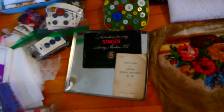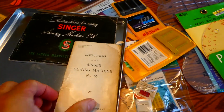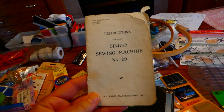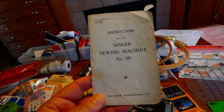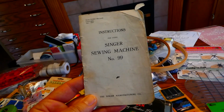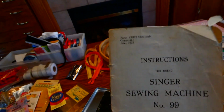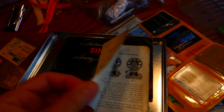And my most joyous of joys was to find these 2 booklets. This one here, I love ephemera, and it was sewing ephemera, so how much happier would that make me? So it's instructions for using your sewing machine number 99. Copyright 1927. And then when you open it,